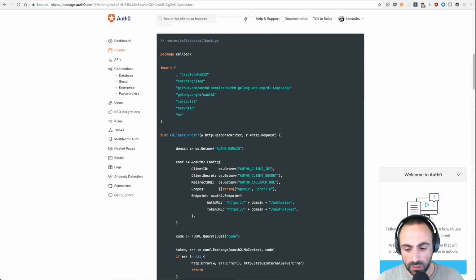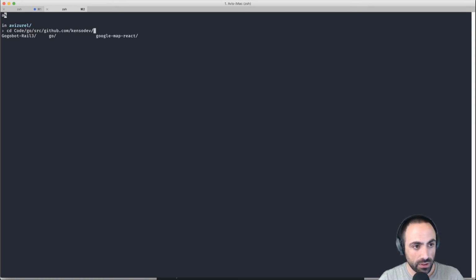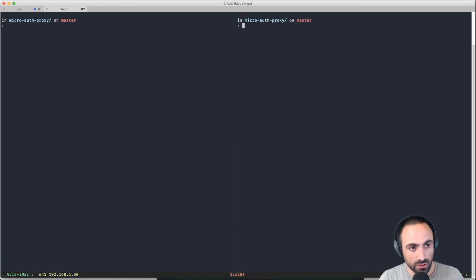Okay, so let's go ahead and go to our project. src, github.com, cancel dev, and micro auth proxy. Let's create a new tmux session here. Open the tmux session on the other side. And then let's add to the git ignore.